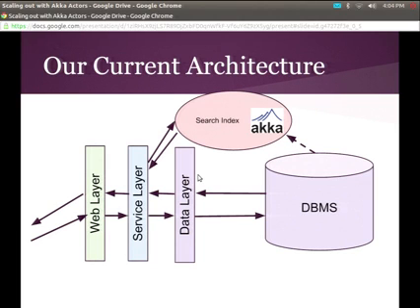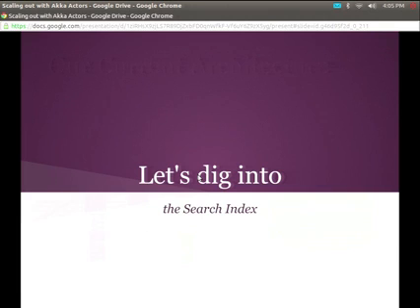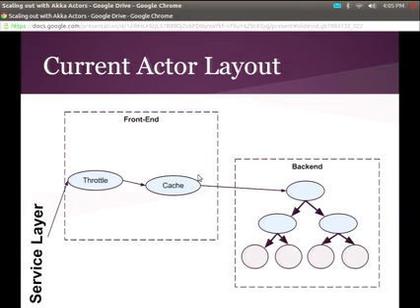All right, we now have an Akka-based search index that runs on a single node. Okay? When we hit the service layer, instead of going to the database, we go hit the search index. Everything's live in memory in some machine, and it's fast. Yay. Okay? It's all good. But let's dig into what we did. Okay? We're going to assume this already happened.